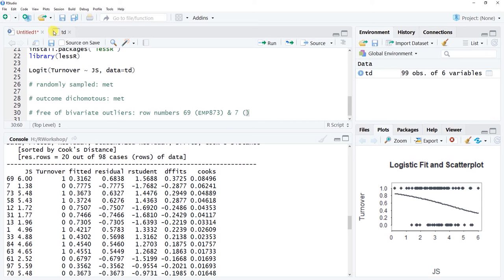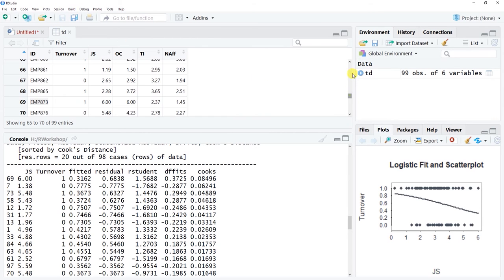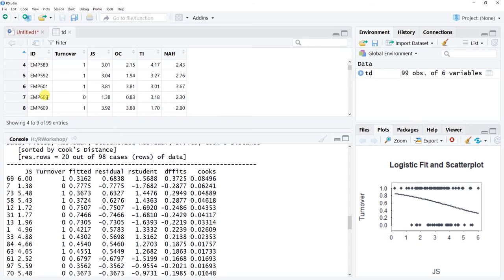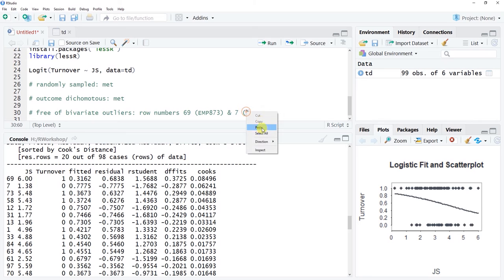And then row number 7, which unique identifier does that belong to? EMP 607, okay? All right, paste that there. So we'll come back to that for later, but we could assume that this has been met. But for the sake of demonstration, we'll come back and pretend like it hasn't been, and we're going to remove